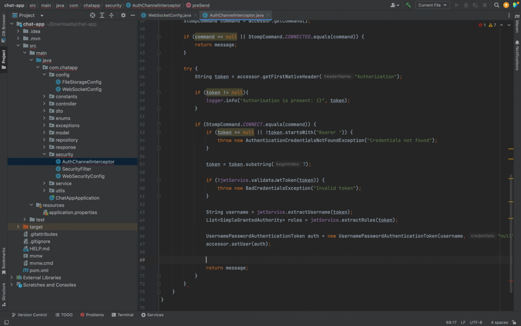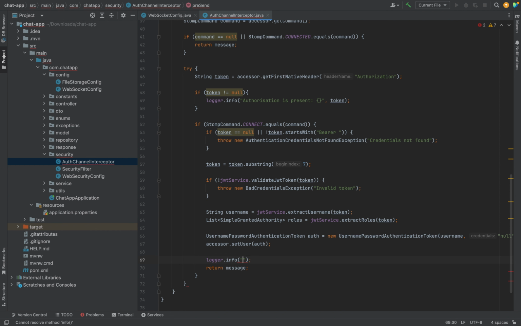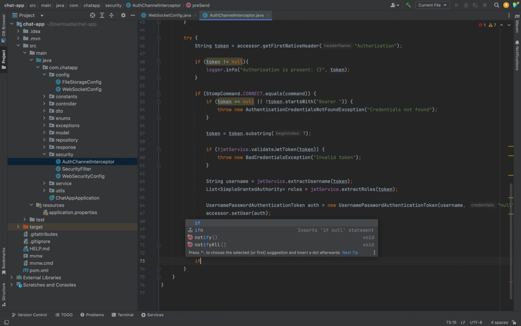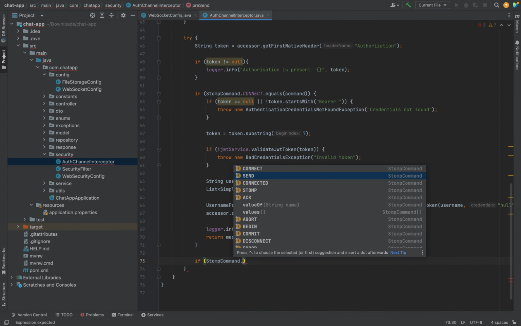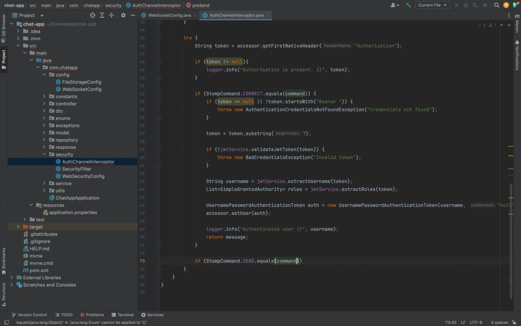So we can just add a log here, say logger.info, "The authenticated user", then we'll pass in the user. So this is the authenticated user. All right, so let's also check. We are going to say if STOMP.SEND dot equals command